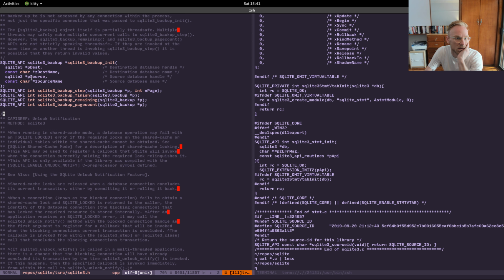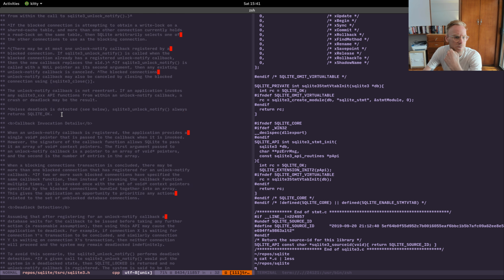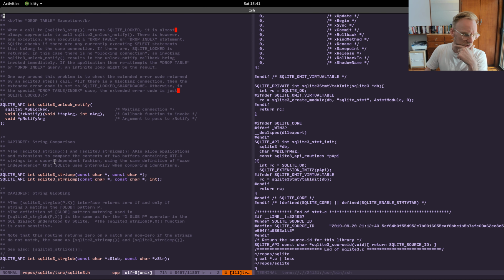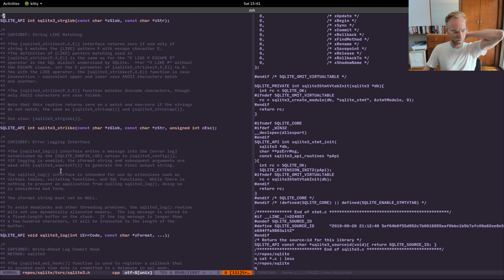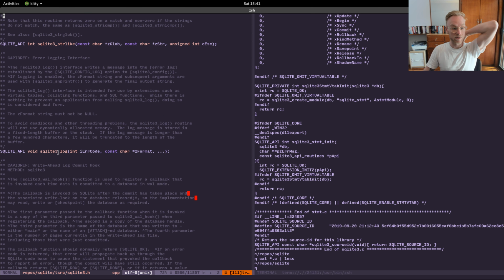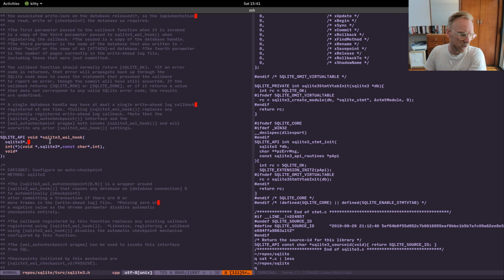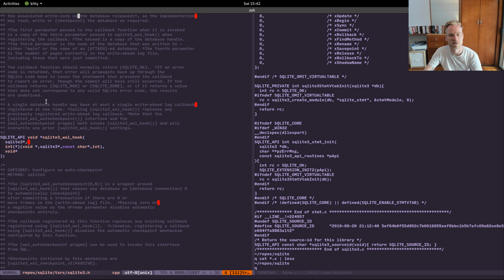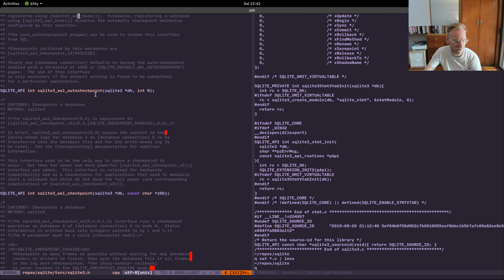So SQLite 3 backup, SQLite 3 unlock notify. What is this? Str I compare. It's an index compare. Str glob. Str like. SQLite 3 log. So this is their error logging interface. SQLite 3 write ahead log commit hook. This is used to register a callback that is invoked each time data is committed to a database in write ahead log mode. So auto checkpoints,